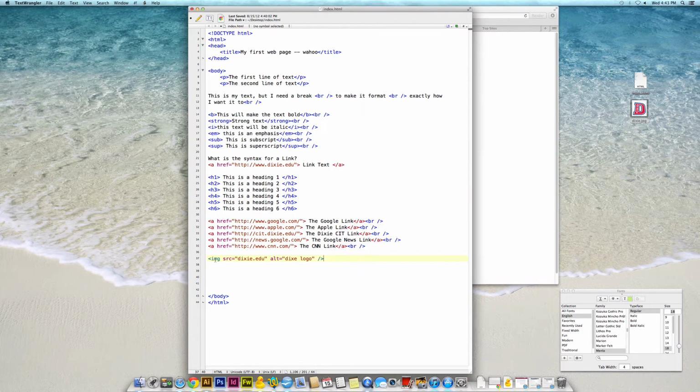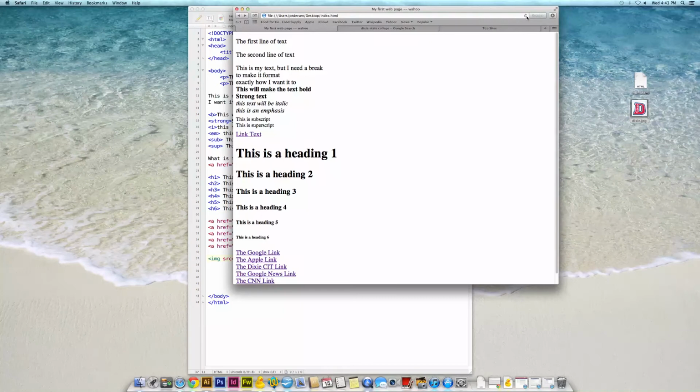So the syntax of this is image source, img space src equals the file name. And now we have to recognize that there's a path associated with this, and we'll deal more with the different kinds of paths for referencing files in different locations in a bit. The alt attribute is what will display in case the browser is unable to load the image, and then your slash bracket closes out that tag. So if we save this now, we should be able to go back to our browser,